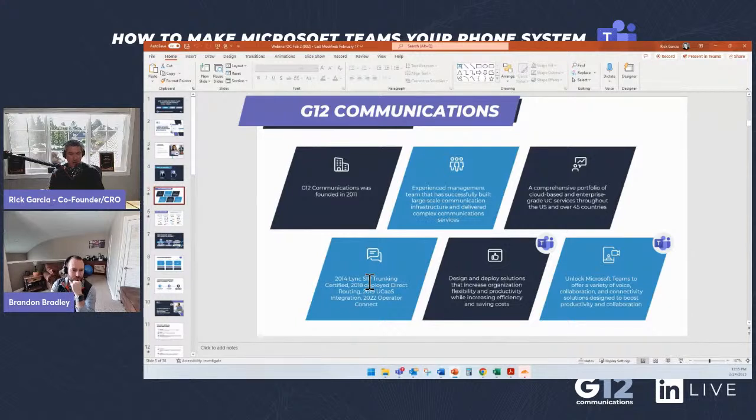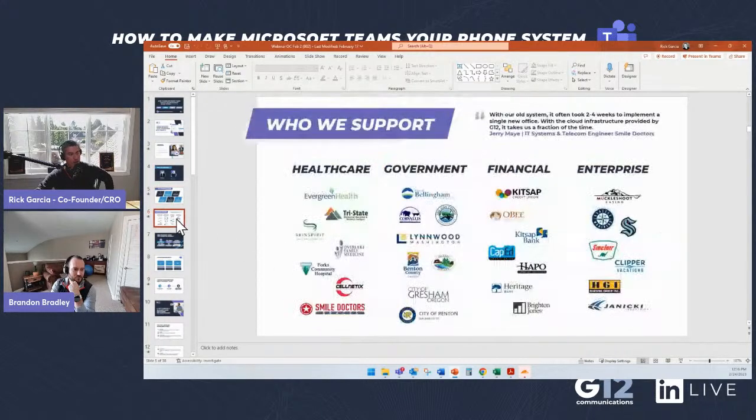2019 we started our integrated UCaaS and Microsoft Teams. And then last year we were one of the first to be introduced into the Operator Connect portfolio of carriers, and that has been really cool to be a part of that organization, that platform. Some of our customers are in the healthcare, government, financial, and enterprise space. What I haven't listed on here yet, and what I do want to talk about really quickly, are education institutions